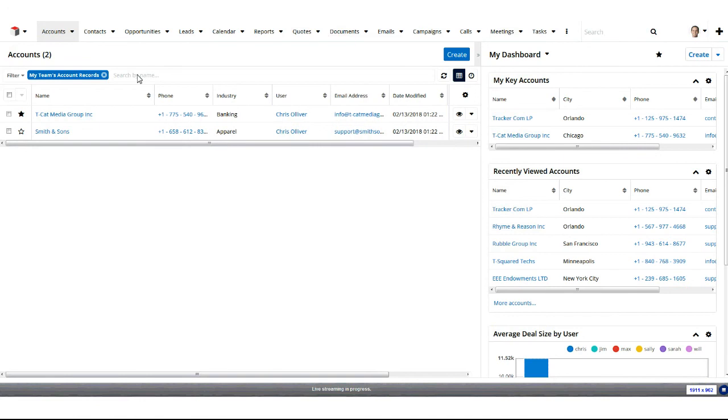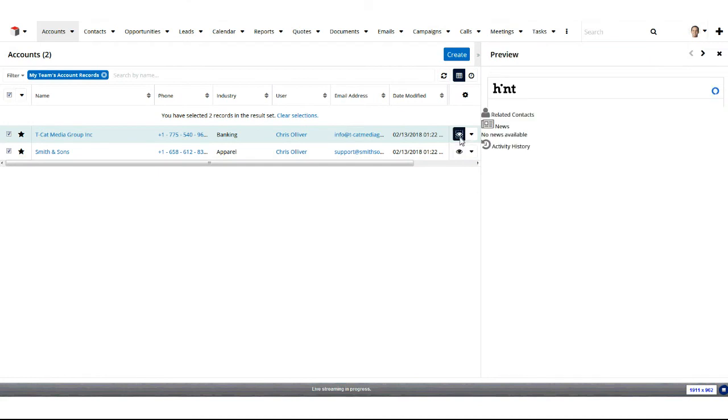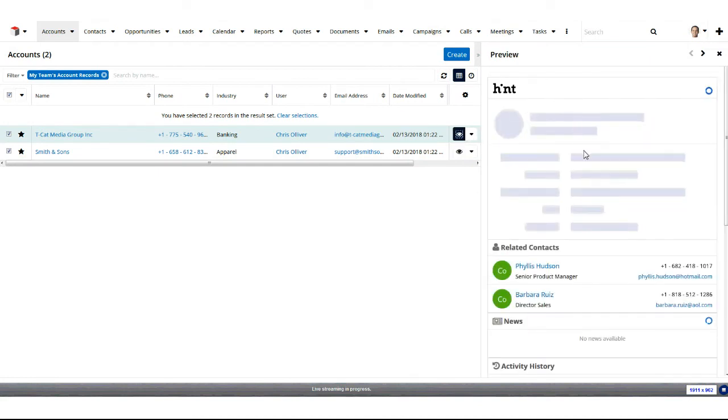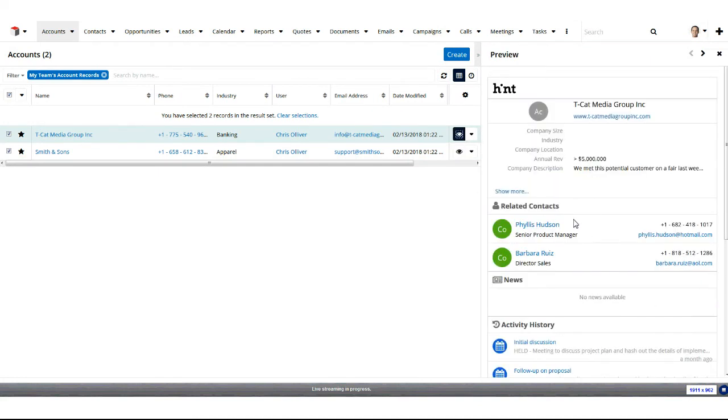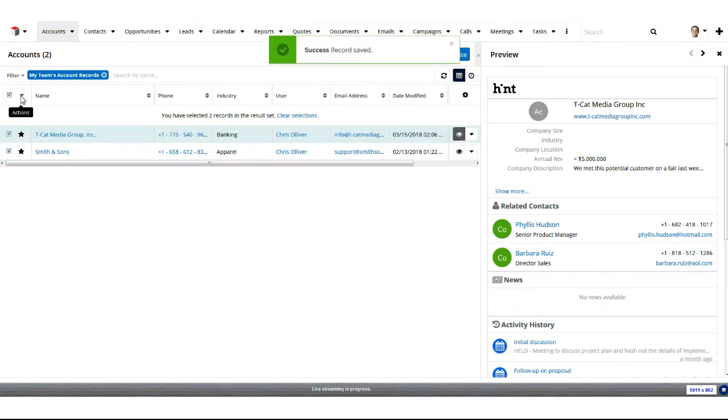And again, I mentioned some of the benefits of being able to search here. I can multi-select records. I can favorite records. I can preview a record. Here we have hint installed, so it's showing us information about this account. I can inline edit. Go ahead and fix the punctuation in the account name here. And I can, of course, do any of my mass actions like emailing, mass updating, adding to a target list,